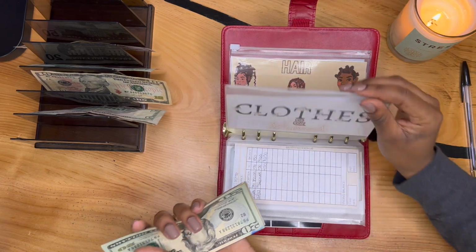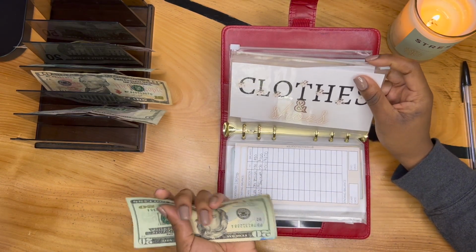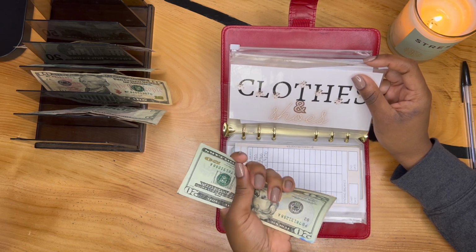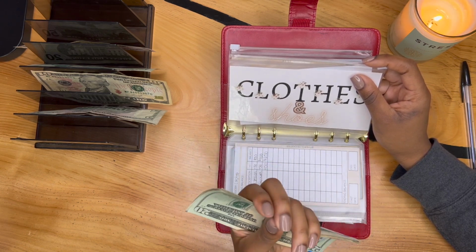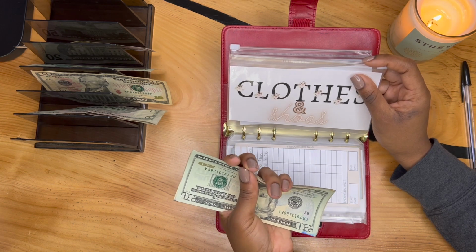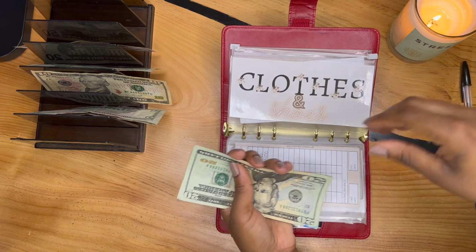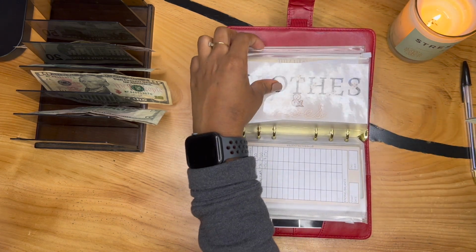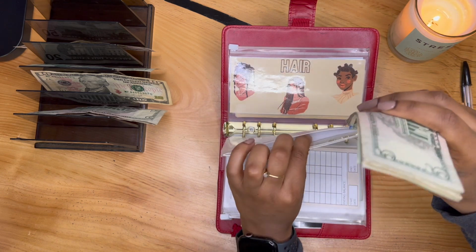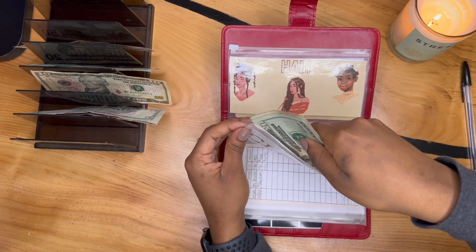I'm not super big on brands. I'm very big on quality, not necessarily brands. So you can get nice quality stuff that is a little more affordable than the fancy name brands. So that's what I'm really focusing on, getting timeless pieces, and, as I said before, building up a wardrobe capsule that really encapsulates